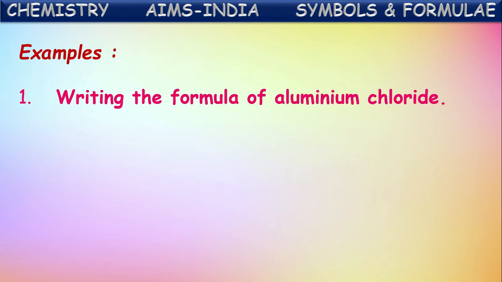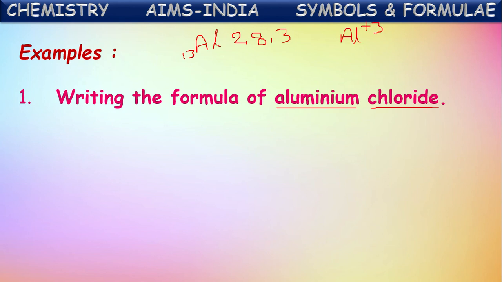See the first example: let us try to write the molecular formula of aluminium chloride. Here the positive ion is from aluminium, and the negative ion or anion is from chloride. How do we know? By knowing the atomic numbers of these elements. Aluminium's atomic number is 13, isn't it? If you write the configuration, what do we get? 2, 8, 3. So in its valence shell, it has 3 electrons. To become stable, it will lose those electrons and form the Al plus 3 ion. So this is the positive ion in this molecule.